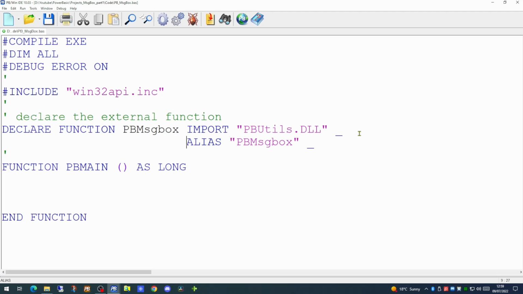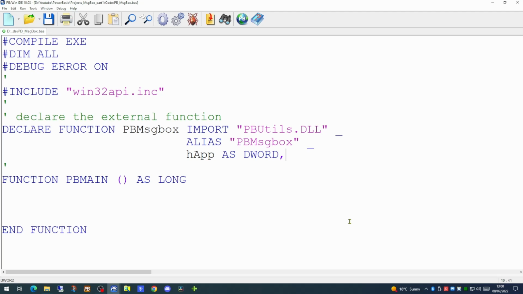Our new PB message box is effectively going to be a form. So we're going to have to pass some information from our application here to the function within the DLL in order to get this form to appear on the screen. The first thing we will pass is a handle to the payment dialog. We would normally expect within a PowerBasic Windows application for it to be a dialog on screen. And once the user does something, we're going to throw up this message box. So we'll pass our first parameter as being the handle of that payment form.